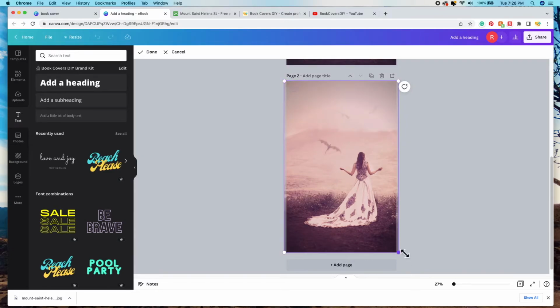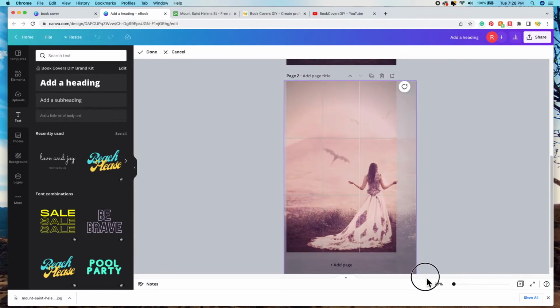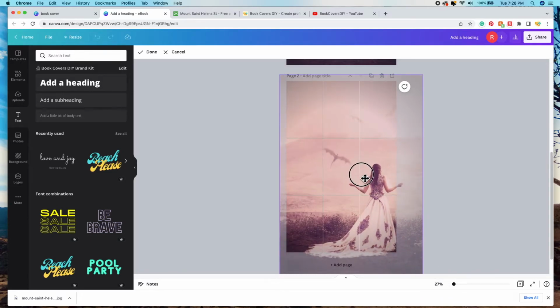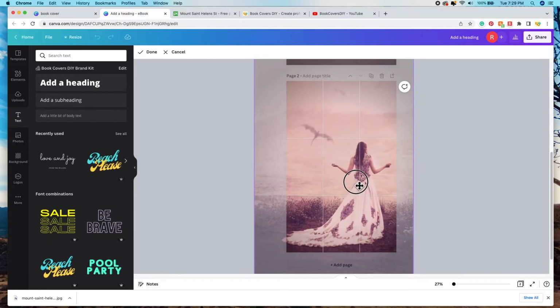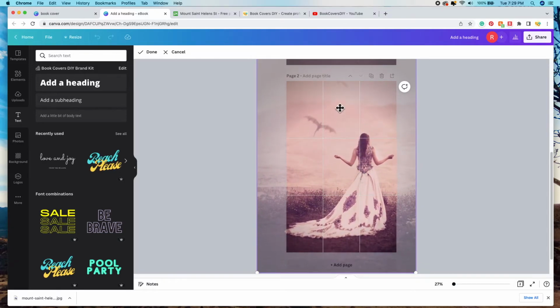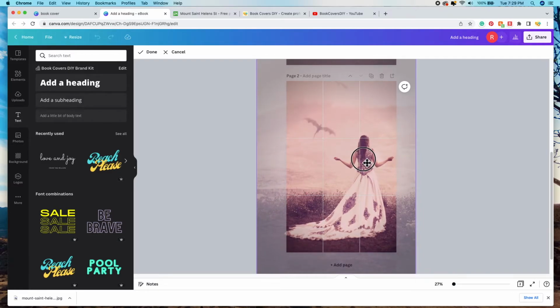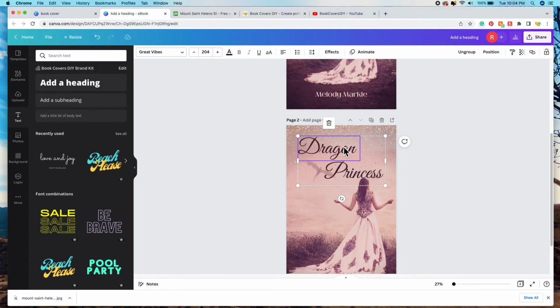There they are. Okay, now we're just going to stretch it, and it's perfectly fine to stretch it off the page. So I'm going to first of all just make her much bigger. And so, even though we're losing these other 2 dragons, we're able to see this one so much more. I want to make sure that we can see the author name. It's okay if the end of her dress is cut off, but I don't want to cut off her hand. So maybe right about there,